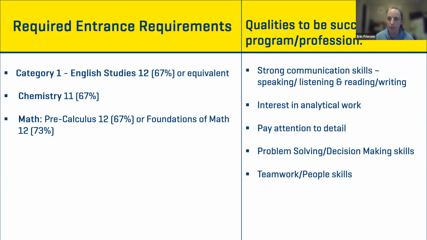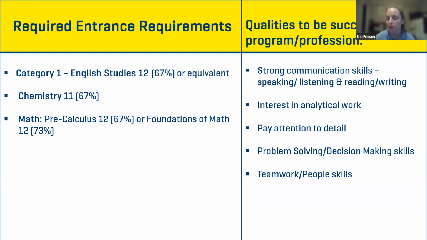We do some analytical chemistry. And so if you enjoy working in a lab, this will help you be successful in this program. Pay attention to detail. The food industry does require problem solving. Something goes wrong on the production floor and you have to make a decision on whether or not the company can still continue to use this product, or does this product now need to be a waste product. So decision making are skills that you will